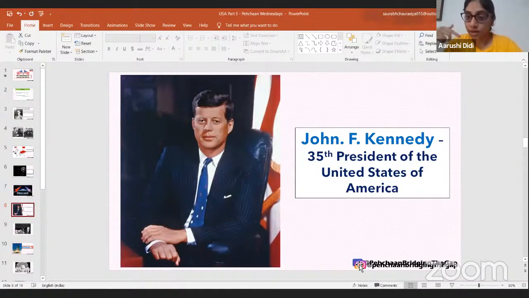So as we saw, in 1957, USSR sent the satellite to space. So now USA is worried and USA wants to do something bigger than that. That's how you win a race, right? If two people are running, and one person goes ahead, the other has to go way ahead of him. So now USSR has already sent a satellite, and USA is thinking, what bigger can we do? And that is when John F. Kennedy, the 35th president of the United States of America, came into the picture. On May 25th, 1961, he addressed his country, the USA, and gave everyone his very, very famous moon speech. Next slide, please.